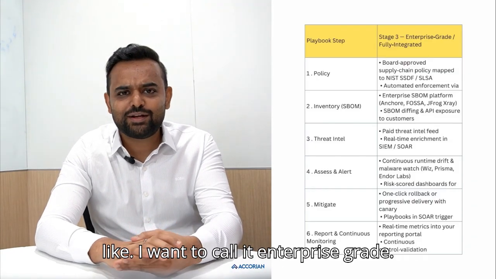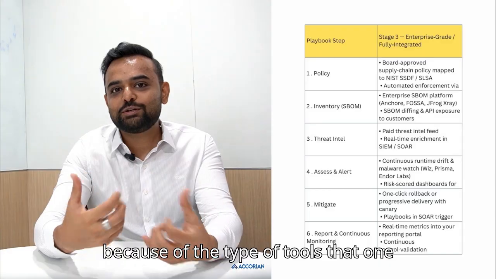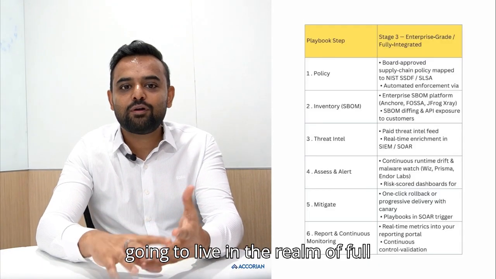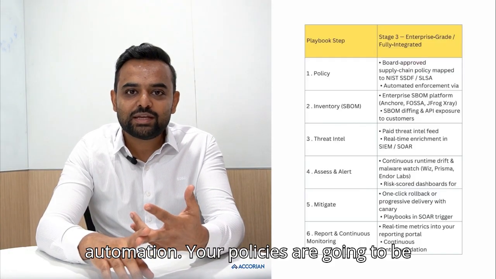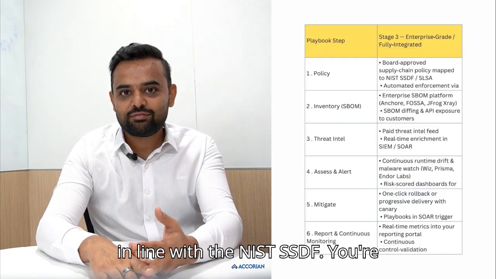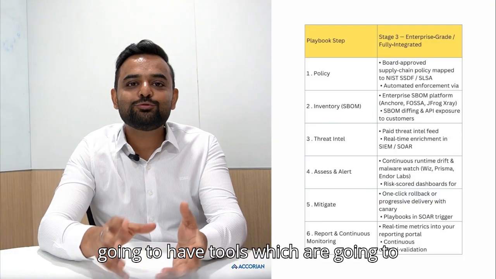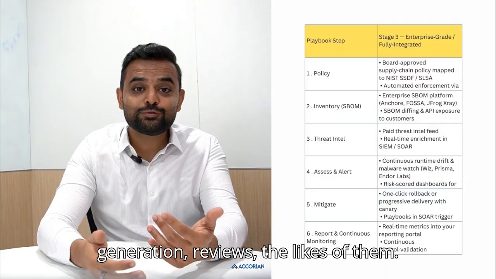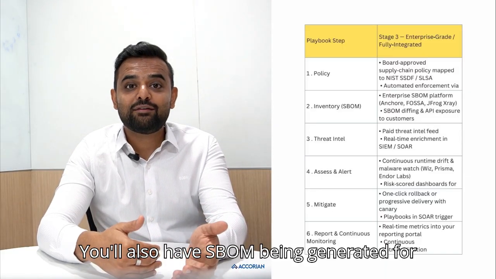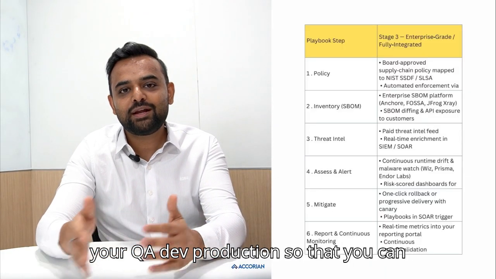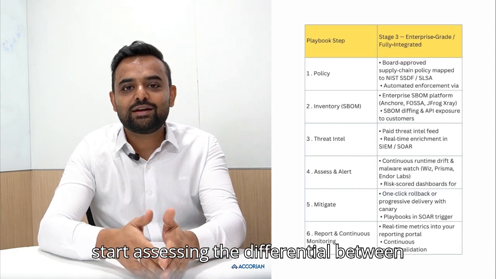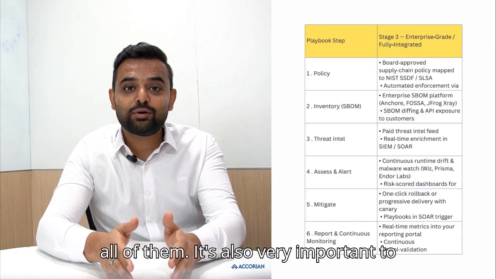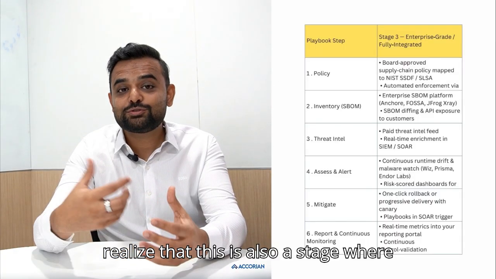I want to call it enterprise grade because of the type of tools that one would start using. This is where you're going to live in the realm of full automation. Your policies are going to be in line with the NIST SSDF. You're going to have tools which are going to allow you to have automated SBOM generation, reviews, the likes of them. You'll also have SBOMs being generated for your QA, dev, production, so that you can start assessing the differential between all of them. It's also very important to realize that this is also a stage where you're going to